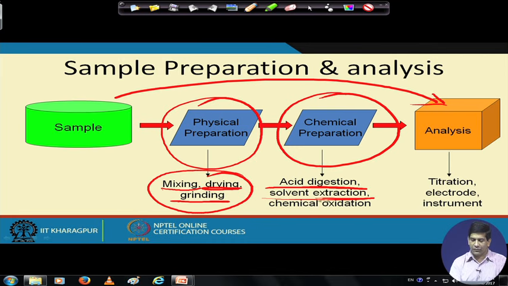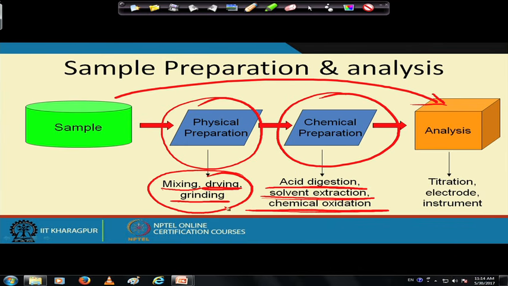They will be there in the sample, but you have to extract them, and you have to extract them using a certain solvent. Solvent means something which will solubilize that particular compound that we are interested in. So that's your solvent extraction. Then you may have to do some chemical oxidation. Chemical oxidation will break up all the organic bonds and even the ionic bonds, and then it will make things free, and then the things will come into solution,